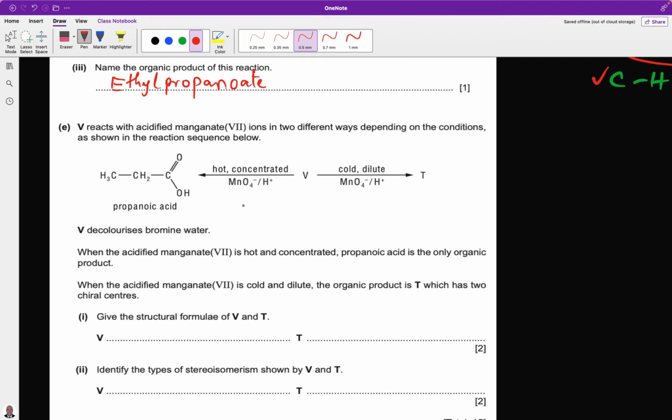Lastly, if the end of the double bond has one hydrogen atom and an alkyl group, it will result in an aldehyde. And remember, aldehydes undergo oxidation to carboxylic acid. So, if the examiner is telling us that under this condition, propanoic acid is the only organic product, therefore we can conclude that that end of the alkene molecule